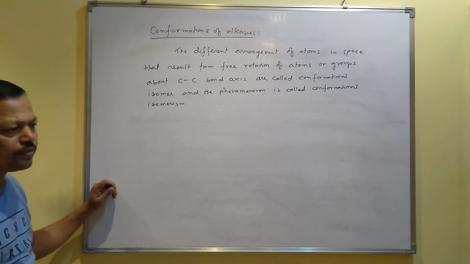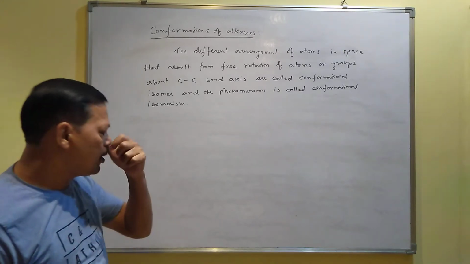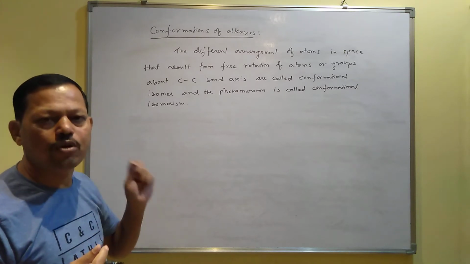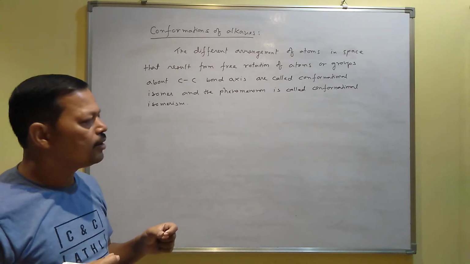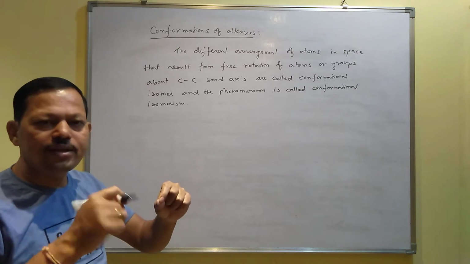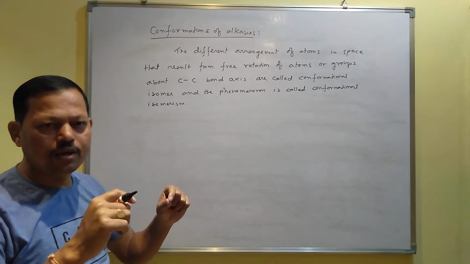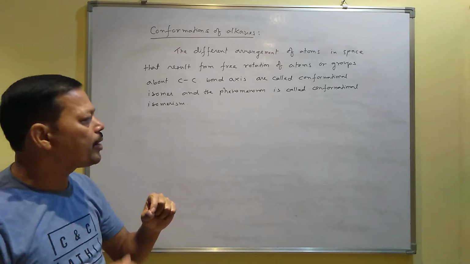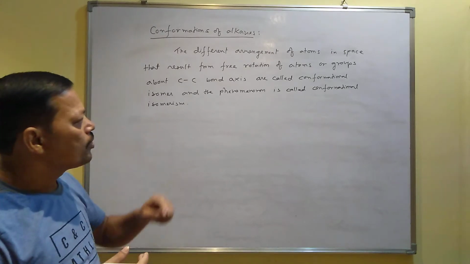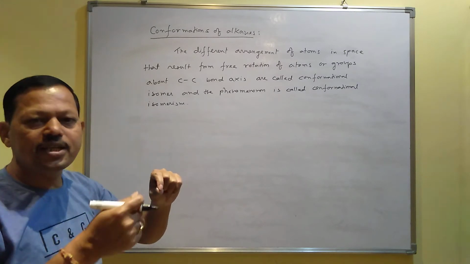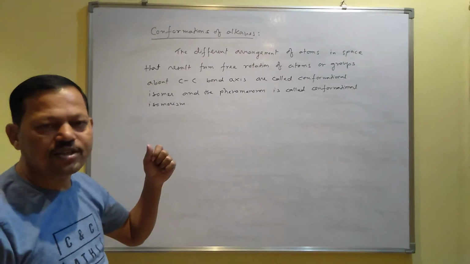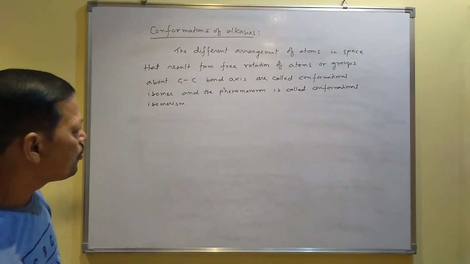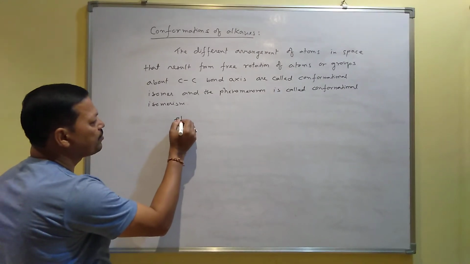As you know, there are two types of covalent bond. Some covalent bonds are called sigma bond and some covalent bonds are called pi bond. And the sigma bond you can rotate, but pi bond rotation is not possible. If you rotate pi bond, then pi bond will break. So by rotating the sigma bond, you will get different structures of alkanes, and those structures are said to be conformational isomers. For example, ethane,